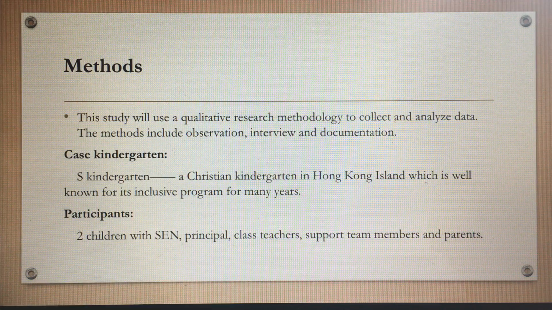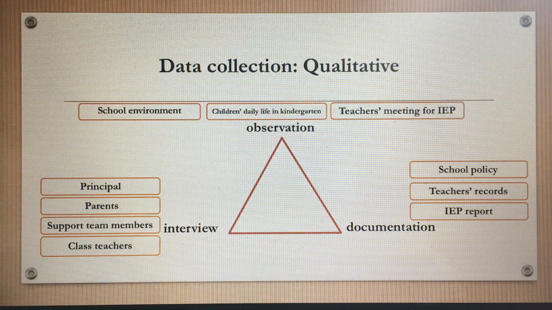This study will use a quantitative research methodology to collect and analyze data. The case kindergarten is well known for its inclusive program for many years. Two children with SEN, the principal, class teachers, sport team members, and parents will participate in this project. In order to get more in-depth information and improve the validity, triangulation will be built through multiple methods and different